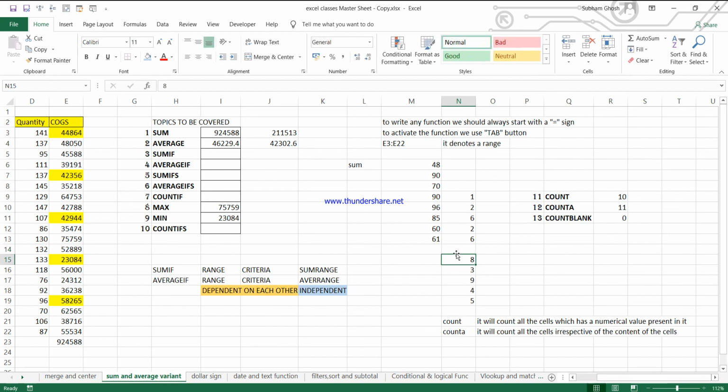Now you might be thinking that though this is showing as blank, why did the count A value increase from 10 to 11? Because this is not blank. There is a space included. There is a space. Okay. Now if I press delete, see the count blank value increased to 1 and count A decreased from 11 to 10. If I press a space and I press enter, the reverse happened. So this is the way count, count blank and count A functions work.